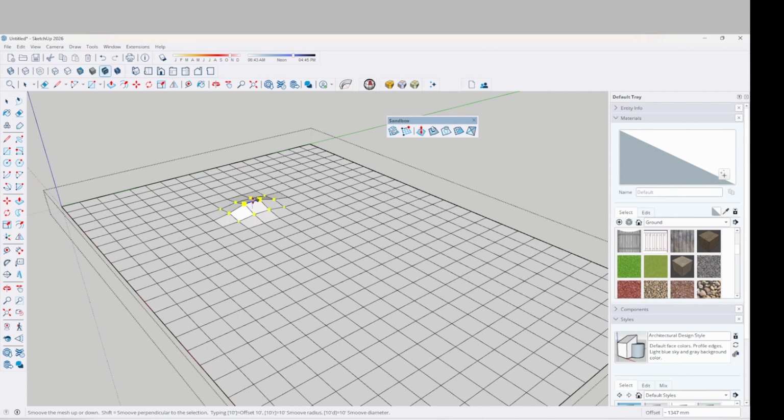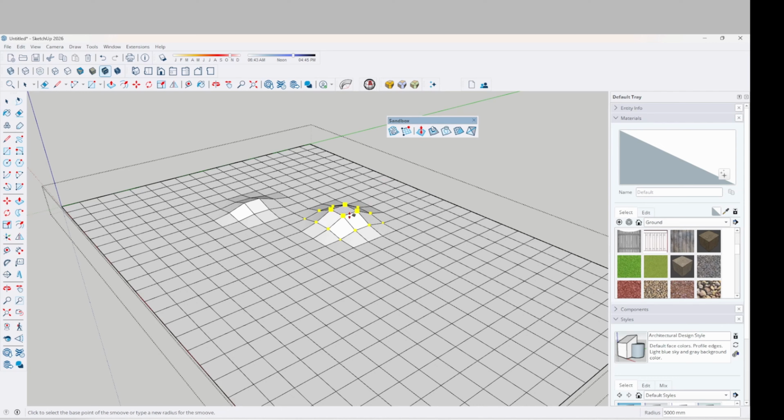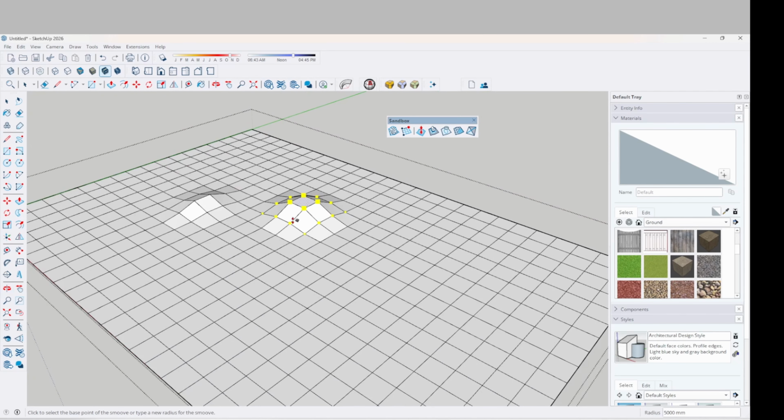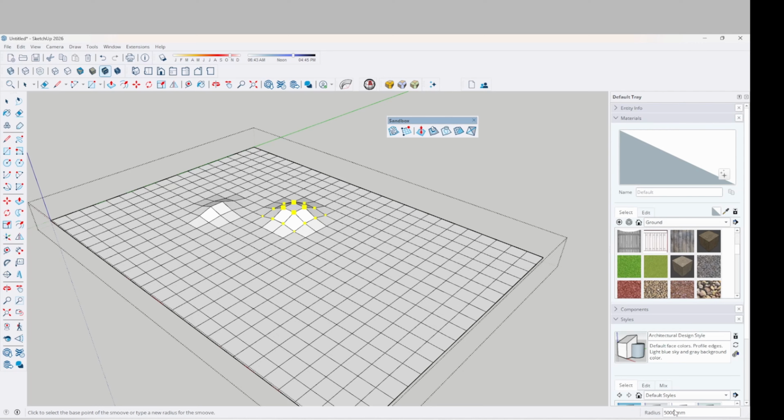If I hold down the left mouse button and pull it up, it takes that line and the ones connected around it, the closest ones around, like this. Select another one, take Smoove. So if I look at this now, what it's created, if I increase the radius to maybe 10,000 instead,